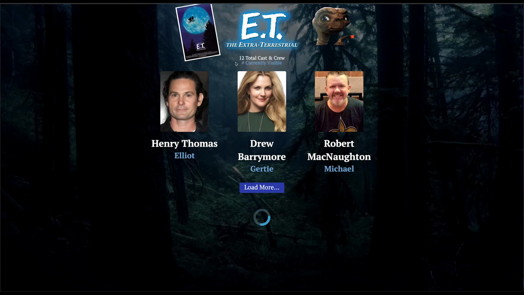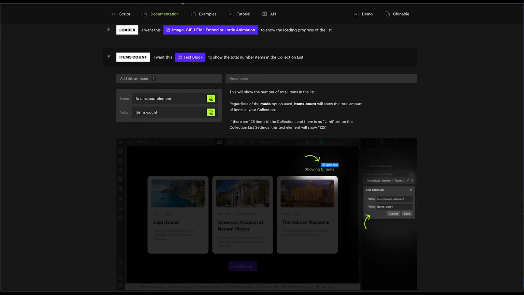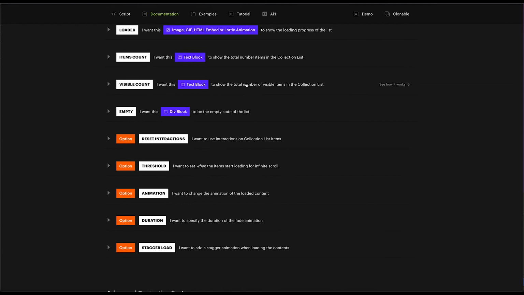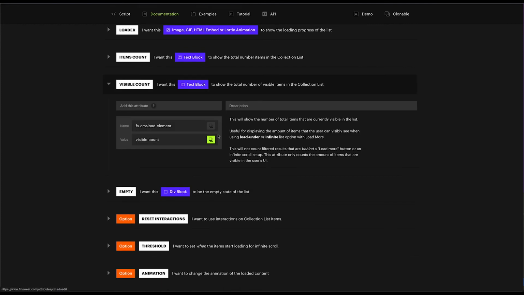And you'll see how it loads as it figures them out, and that little loader was visible again. So it knows there are 15 total cast and crew beneath here. And now the next thing we can do is do a visible count. So we have the total number, but let's do one where it shows you how many are currently visible on